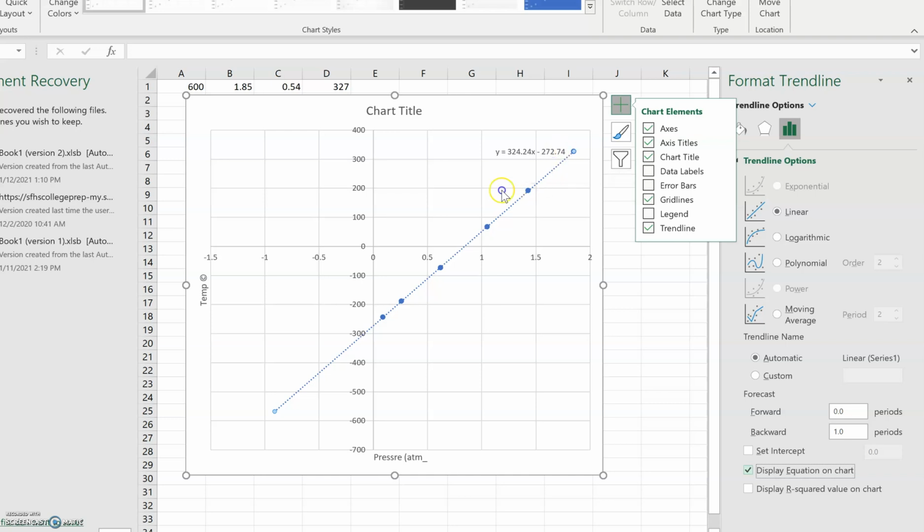And this is what our value would be where our trend line intersects the y-axis at 0 atmospheres, -272.74 degrees Celsius. So please make all these modifications and make sure that you are screenshotting and importing these graphs